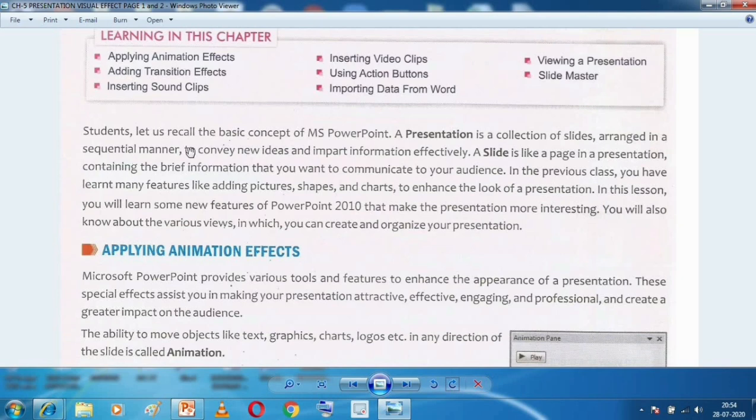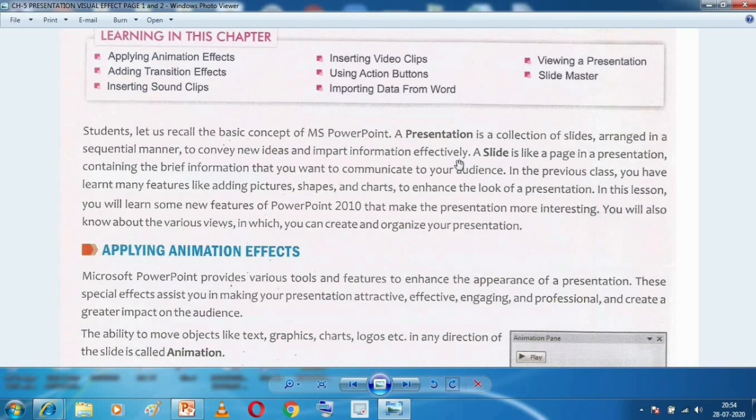But in a presentation, what is arranged in a sequential manner? Slides. Slides are arranged in a sequential manner. And why do you want to arrange the slides in a sequential manner? So that they will convey, or tell, new ideas and impart information effectively.